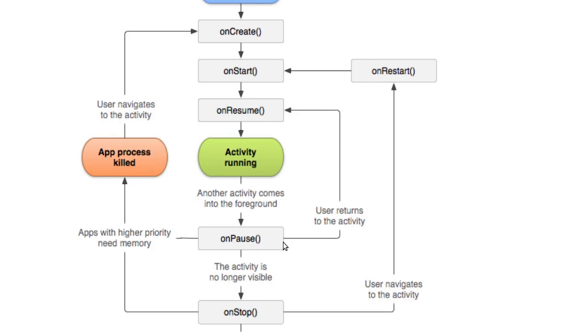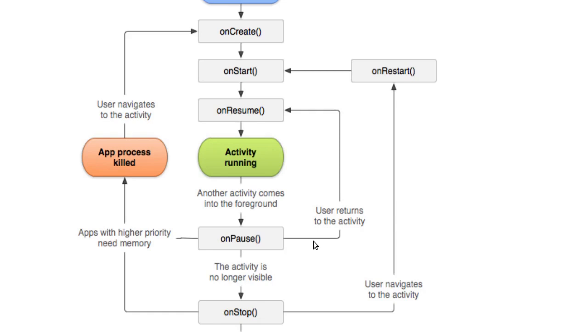For example, the application is running and a call comes in on your mobile. The call application covers your activity, so your activity goes into the background and it will call the onPause method. It means your activity has to store some state at that moment. So before moving to the call, it will call onPause, and in that onPause method we have to write the code for saving some state.